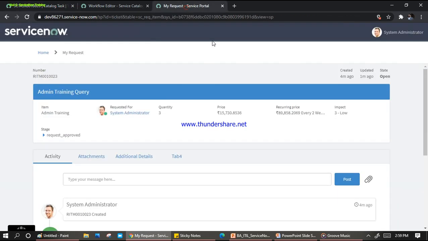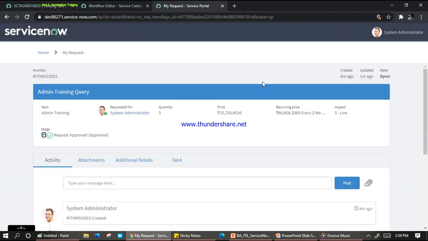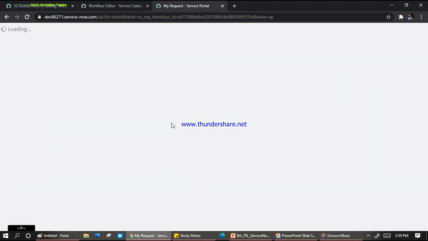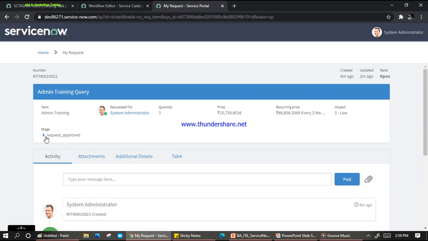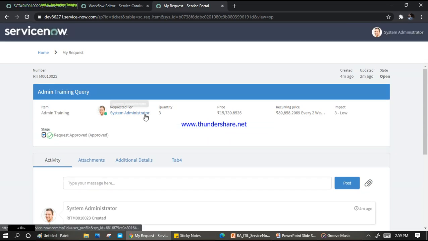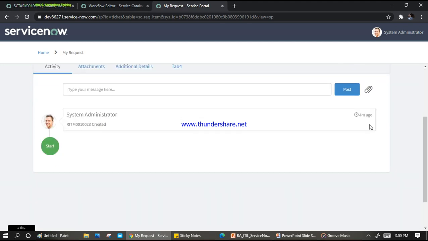And now let me go back here and refresh it quickly so that I can get more details. Okay, yeah, see, request approved, quantity 3, price, recurring price, created, open state.